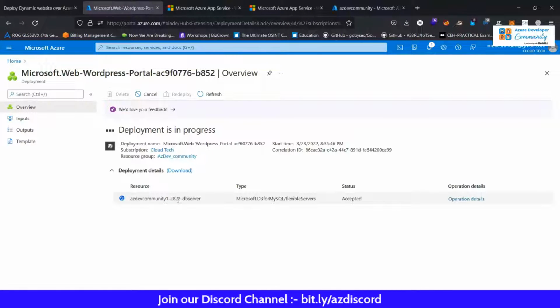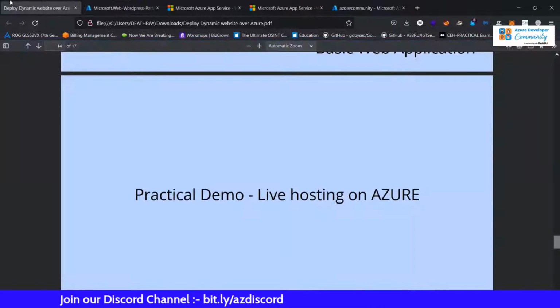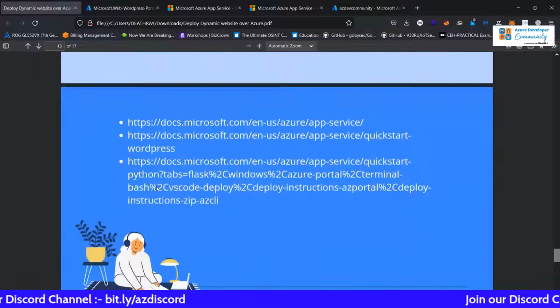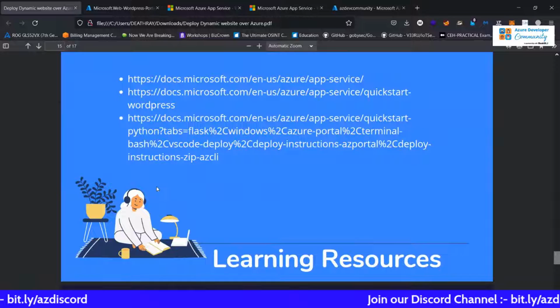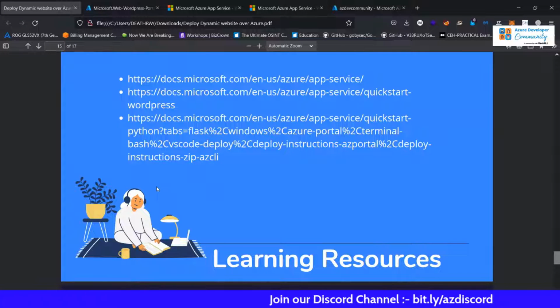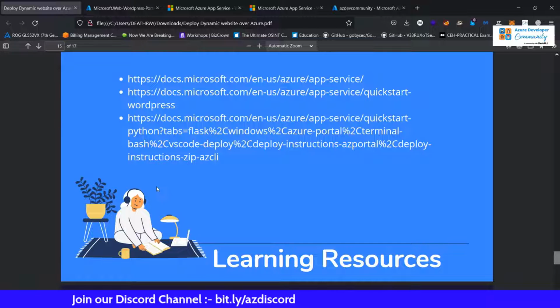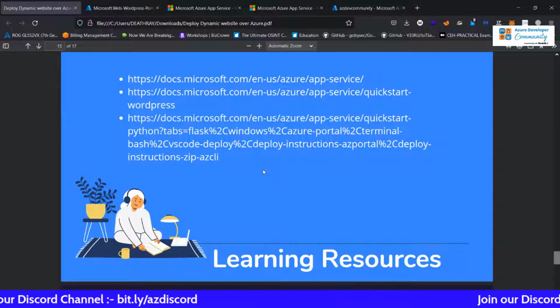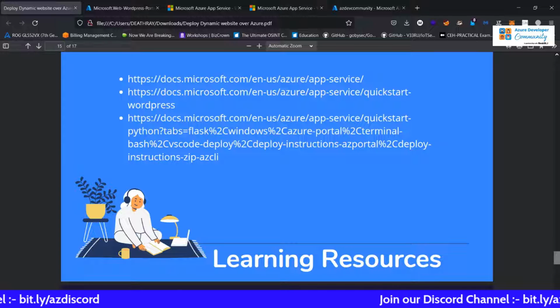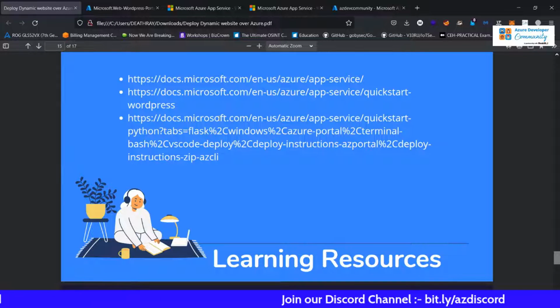Okay. And I also tell what it is doing. I have given some of the resources here, so you can go through them later after the session. You can get the PDF file in the instruction in the YouTube part. There you can check out the other resources, how to deploy, and what options are available, or